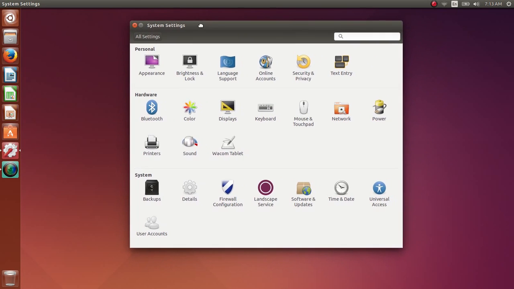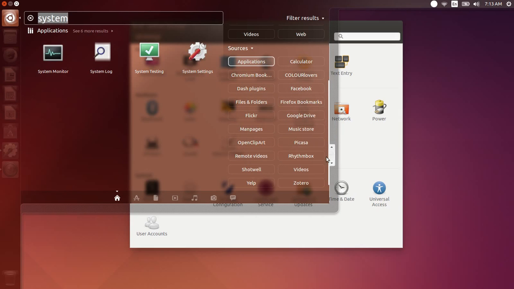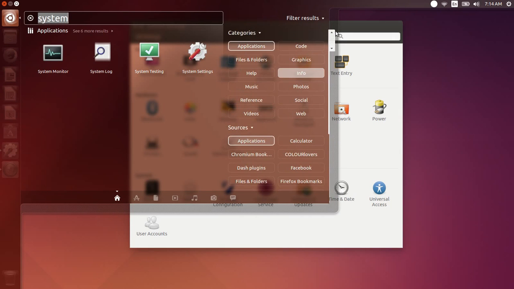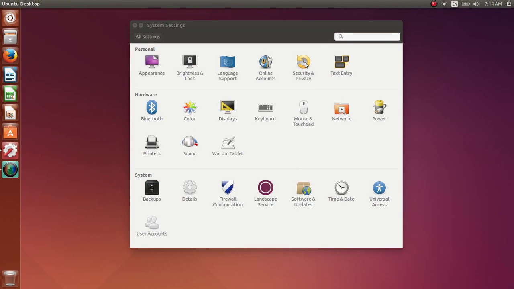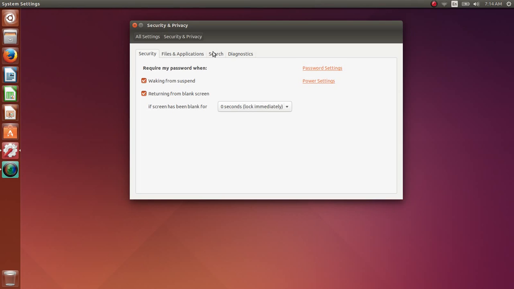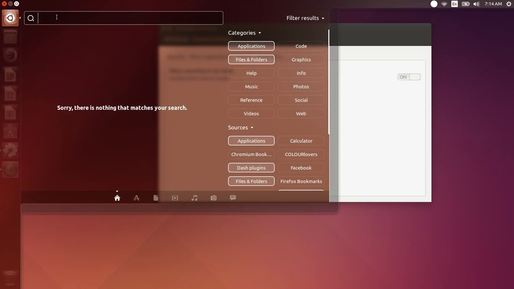So yeah, anyway, the thing that I brought you here for was while we're in Unity, you'll see that it says sources, and it'll say calculator, color rollers, bookmarks. It'll give you clip art, Picasso, Rhythmbox, Yelp, all these things. And it can give you millions more if you wish, because if you go to privacy and security and search, you can turn on search the web, include online search results when searching in the dash, which I'm not a fan of personally, because this means that everything you type, like if you typed in